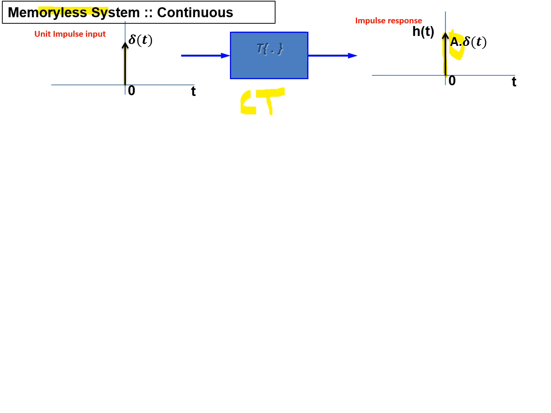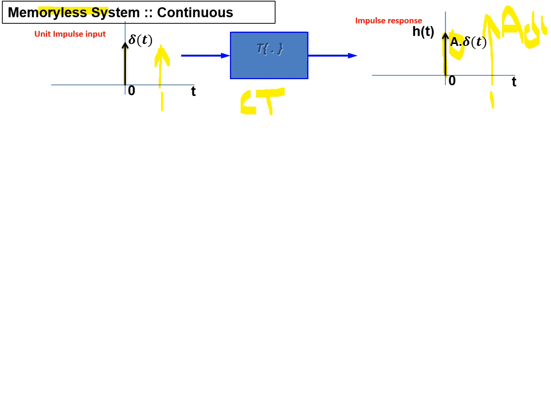That is okay, but it happens only at the instant of the input. Suppose I had applied this impulse at t equal to 1 second, then there would have been output at t equal to 1 second, only at that instant. That is, A into delta t would have been the output. Because I applied the input at the origin, here also the output appears at the origin, because this system doesn't have memory. It is a memoryless system because the output doesn't extend beyond the origin. The impulse response is not extending beyond the origin.